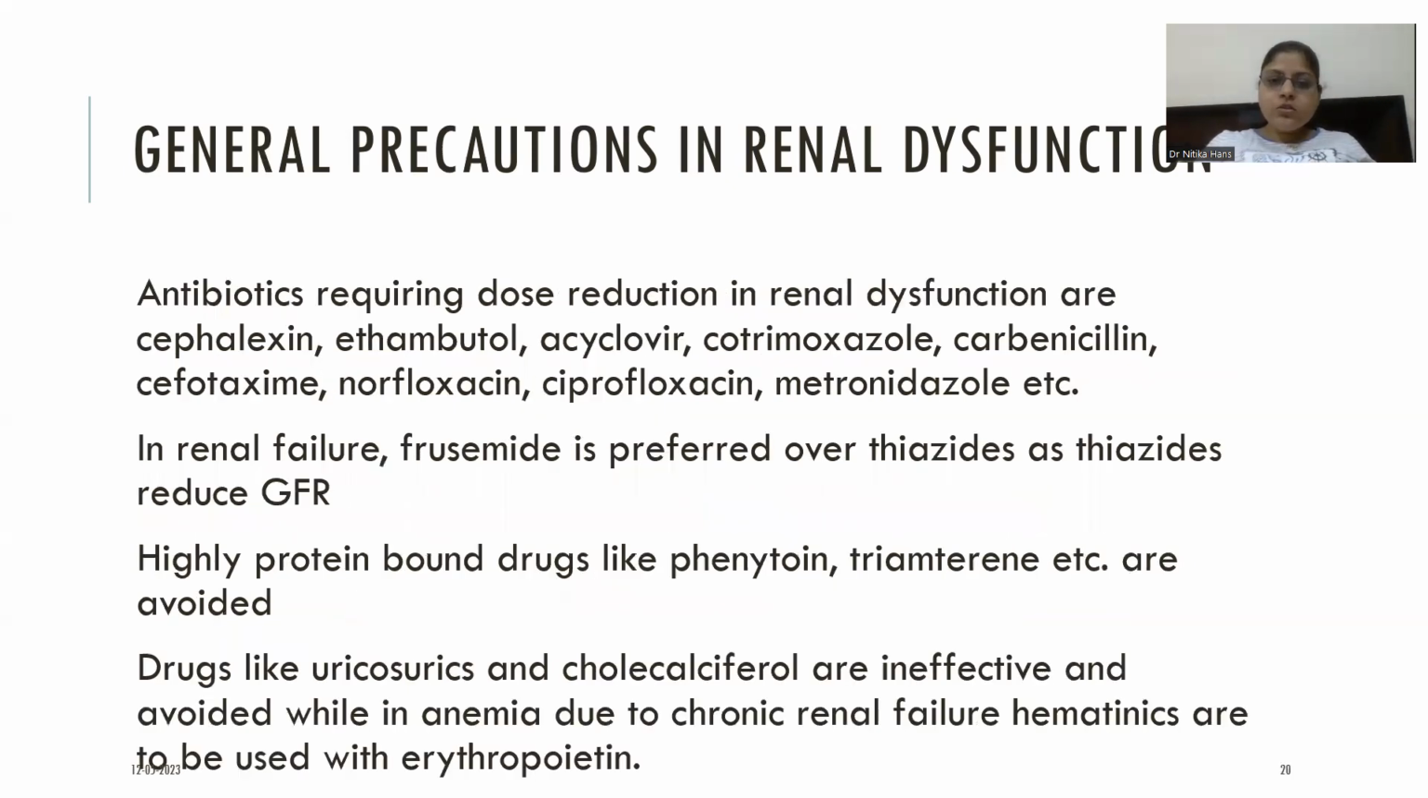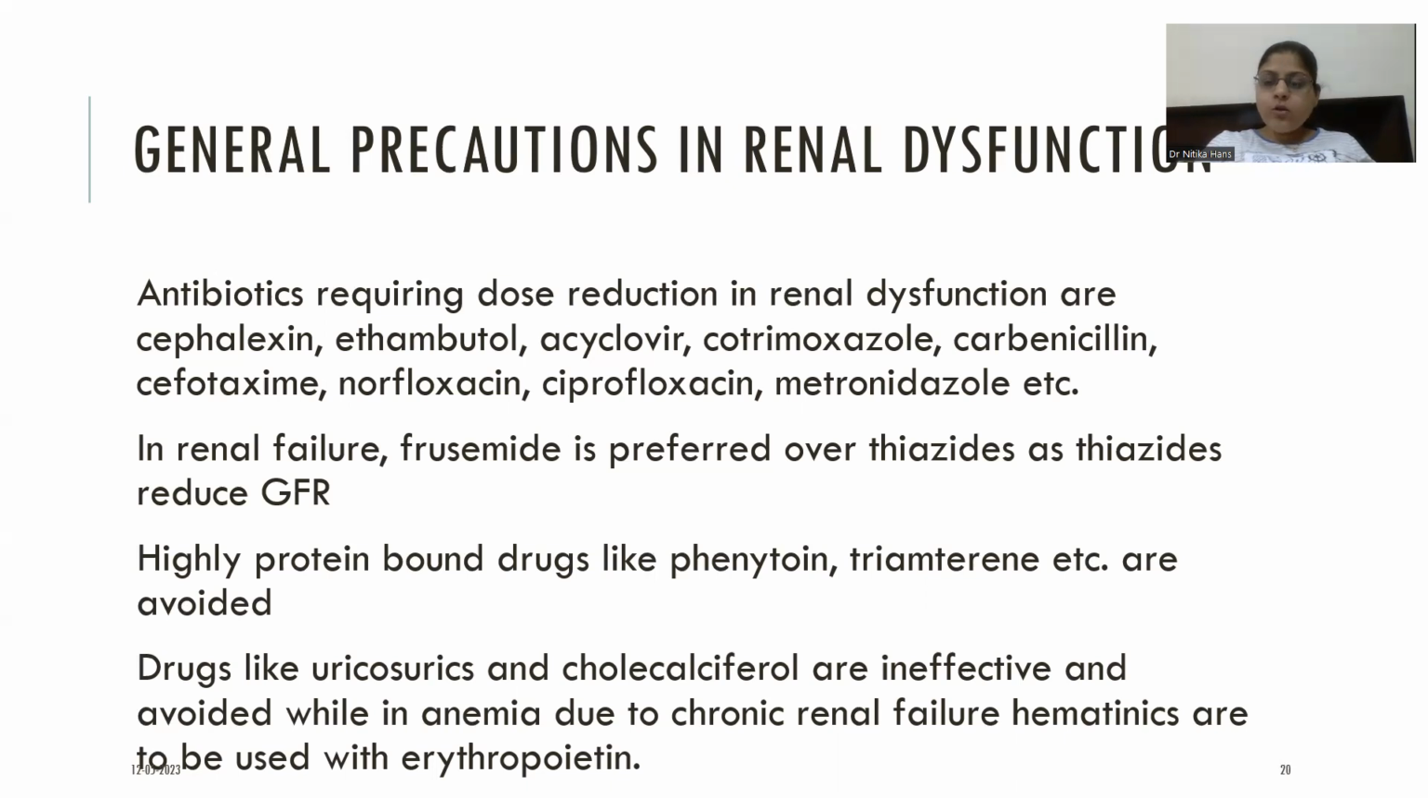Antibiotics require dose reduction in renal dysfunction. They are cephalexin, ethambutol, acyclovir, cotrimoxazole, carbenicillin, ciprofloxacin, norfloxacin, metronidazole. These are the antibiotics which require dose reduction. In renal failure, we use loop diuretics instead of thiazide diuretics. So in renal failure with congestive heart failure, we have to use furosemide, as thiazides reduce the GFR. Highly protein-bound drugs like phenytoin are avoided,